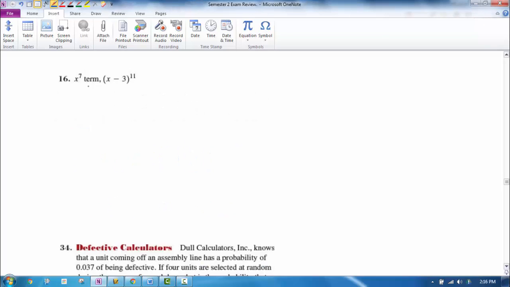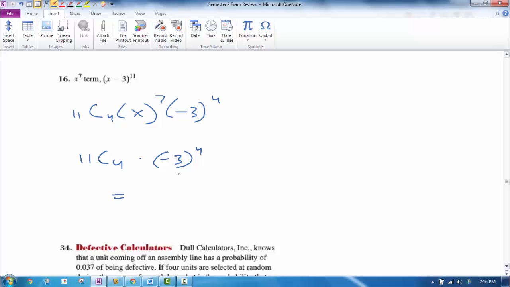Okay, one more then. The x to the 7th term in this binomial expansion would be 11c0 for the first term, x to the 11th, and then negative 3 to the 0th. But we want this to be a 7 right here, in which case this would be a 4, and this would be a 4. So to get that one, we'd have to do 11c4, and then I have to bring this number out front. So it'd be times negative 3 to the 4th, which is a positive number, and overall that gives you